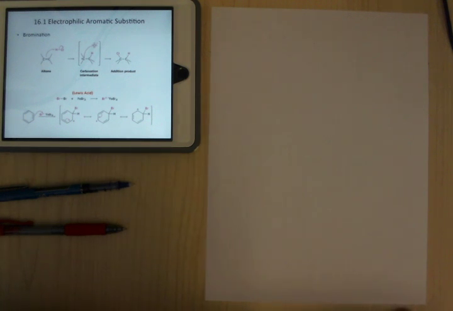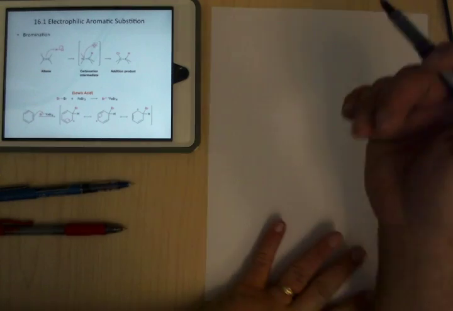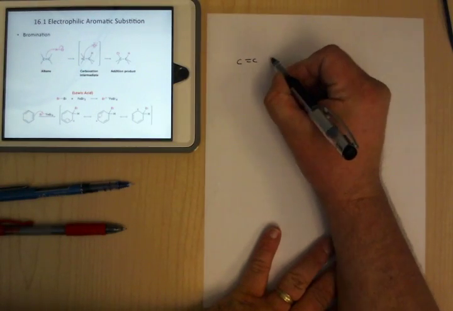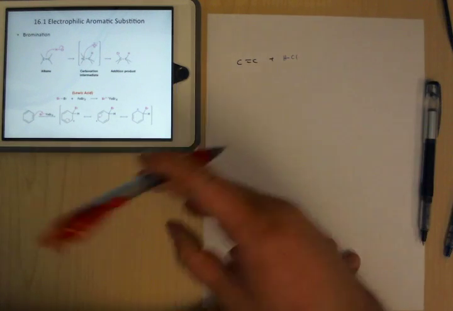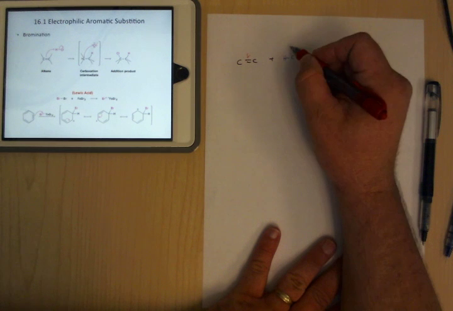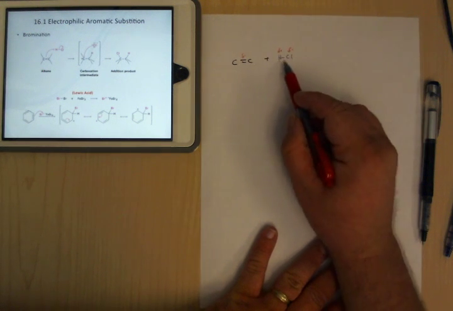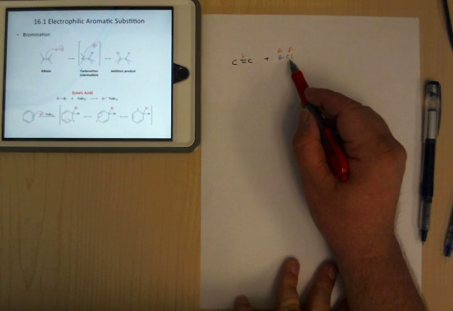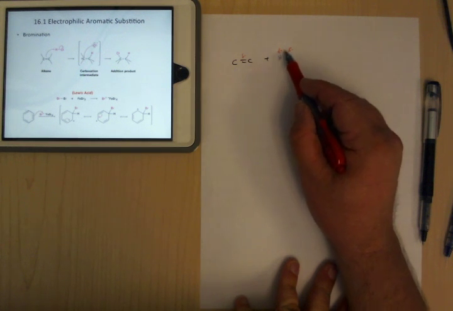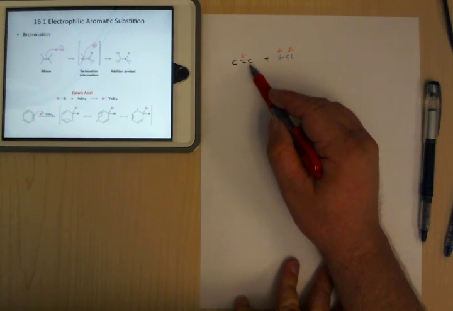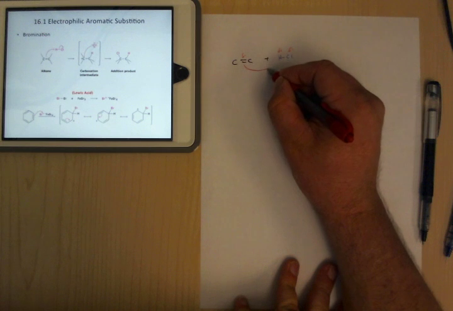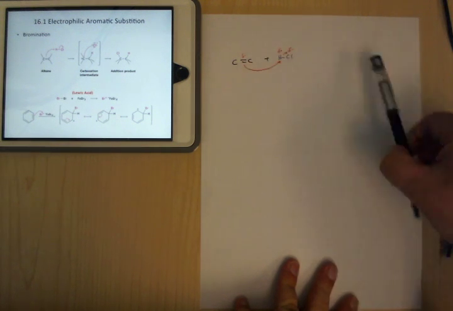So one of the very first reactions you learned is adding something like HCl to a double bond. So with HCl, if you remember the mechanism, this has negative character and this has positive character, because chlorine's a lot more electronegative than hydrogen. Here you've got 4 electrons in between two carbon atoms. You have a lot of electrons, so that goes there, pushes that over, and you get this intermediate,